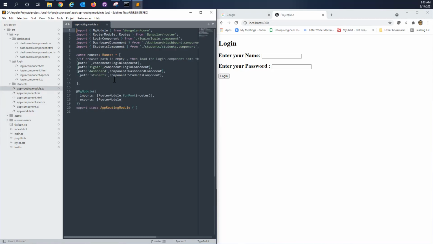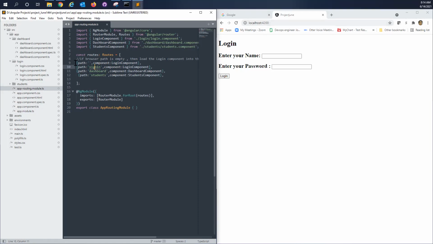Okay. Here, for the login component, the routes. Okay. From here, it will come here. The route is sign in. Here, sign in means it's going to load this one, Rajesh, at localhost 4200. Line number 9.